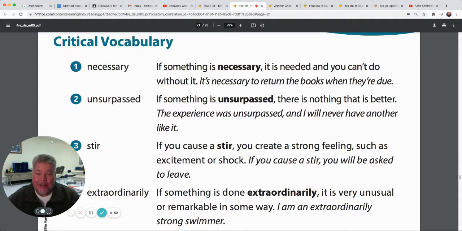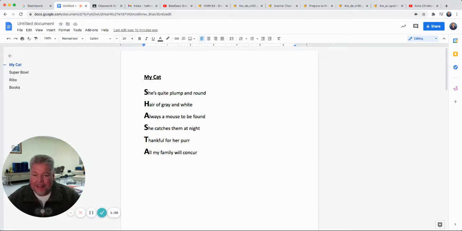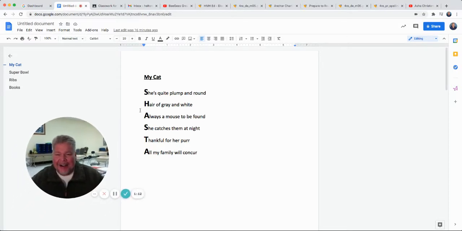I love poetry. As a matter of fact, I wrote a poem for every day this week that I'm going to read to you as we go through our lessons. And so we're going to start with my poem now, and then we'll get you into our story for this week. But my poem for today is called My Cat. Now, I want you to notice what I did with my poem today. I took my cat's name, Shasta, and for my poem this week, I wrote a line for each of the letters of her name. So here's my poem called My Cat.